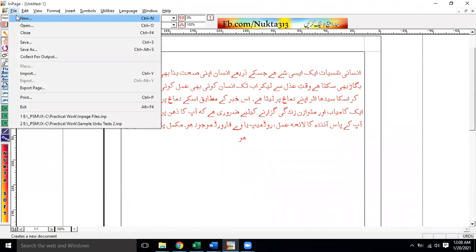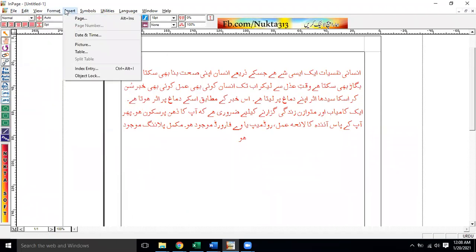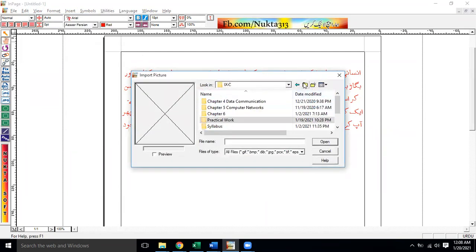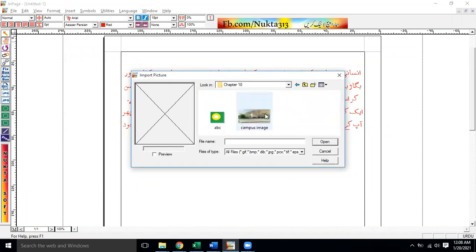I will go to insert. The insert image option is there, picture. Yeah, we'll go to some picture. Maybe I have some picture available over here. Fine. So you can take any picture of a flower.